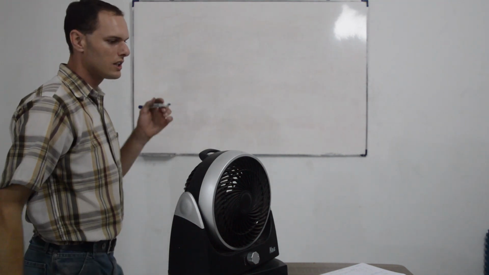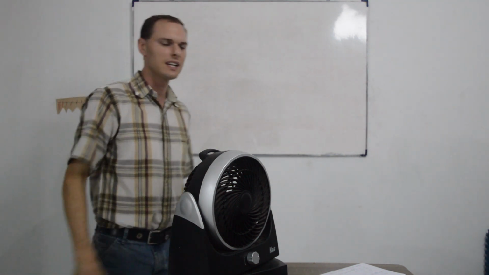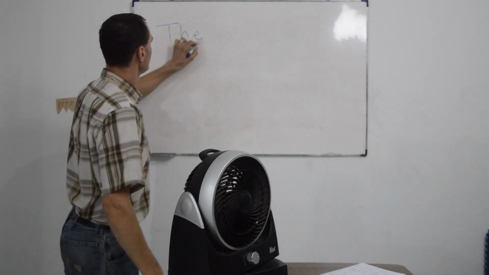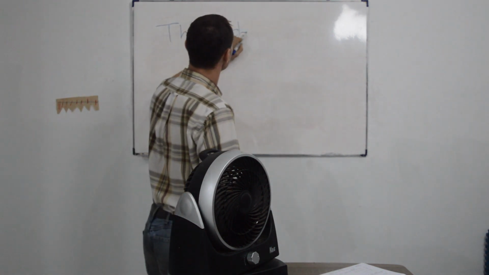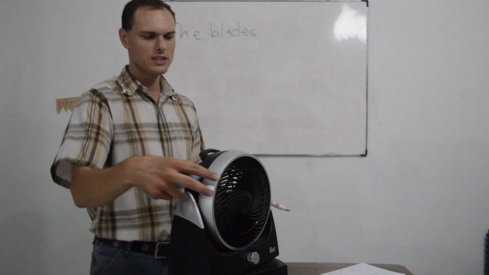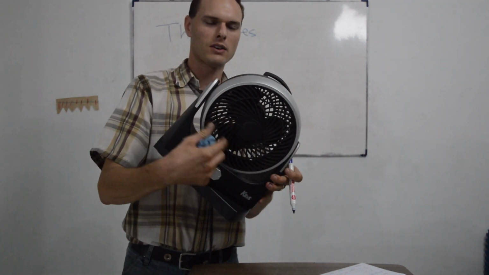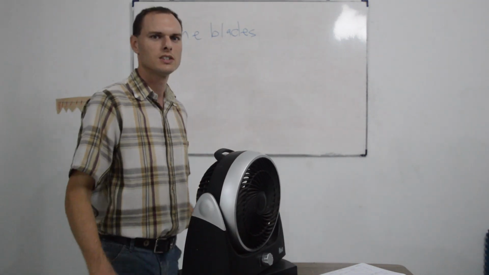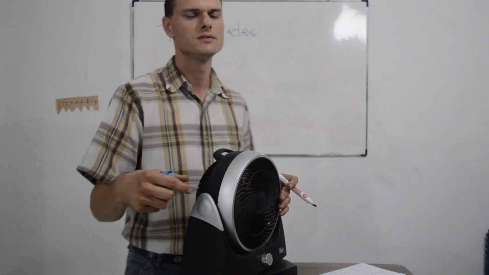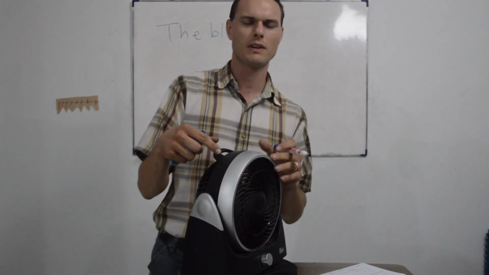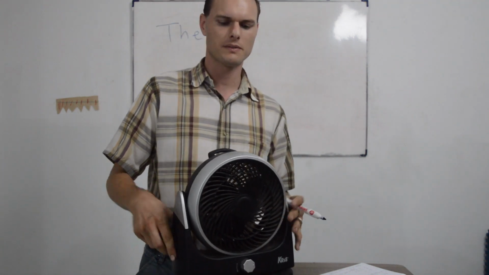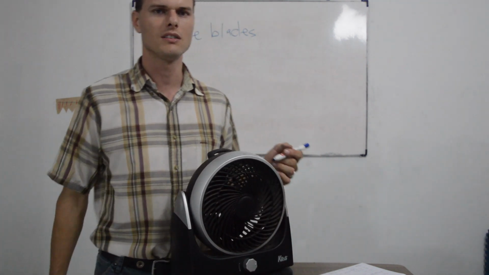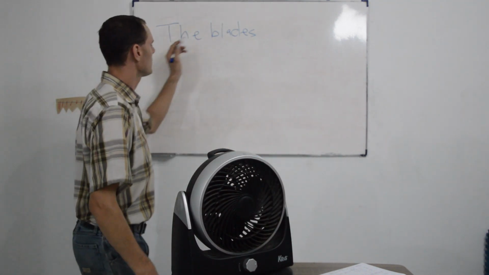Okay, now let's do this. We'll be describing this fan again. Let's say this. The blades. You know what the blades are? The blades are, another word you could say, the propeller. The part that spins in there, that's called the blades. You can't say this blades. You could say this blade if you were talking about just a blade. But when you're talking about something, it did already say this fan. When we describe parts of it, we have to use the for that. Okay? The blades